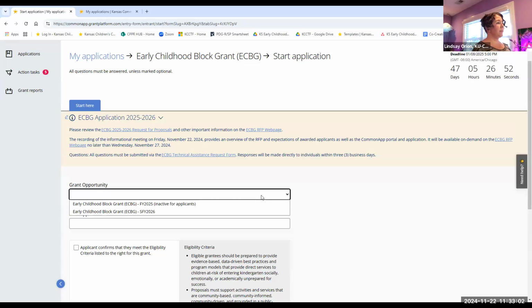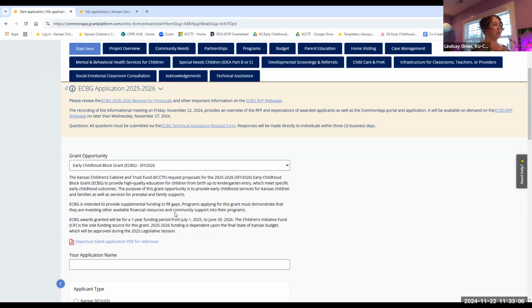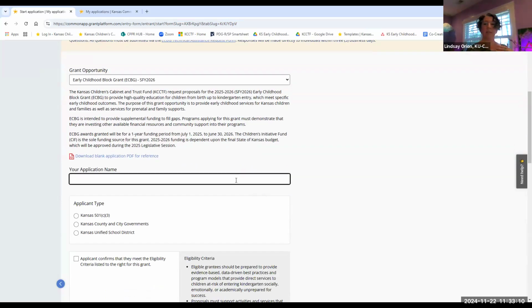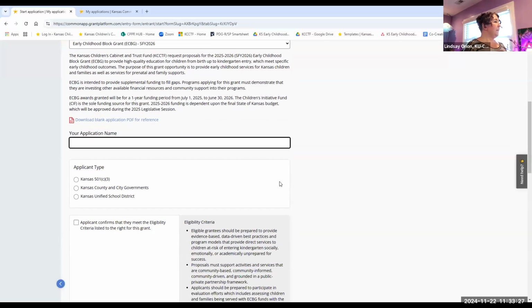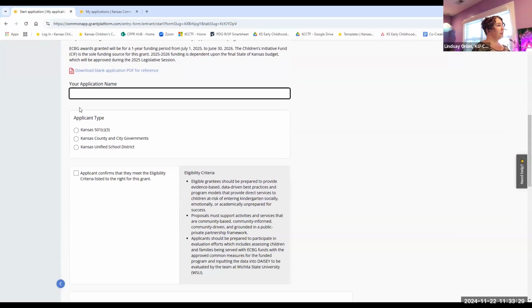So if we open up the grant opportunity and we click on ECBG State Fiscal Year 2026, you'll then have to give your application a name. I think it's best for this to be a recognizable name. So your organization would probably be the best choice, whatever the organization is applying. That makes it really clear for staff to find and sort that information. Your applicant eligibility.